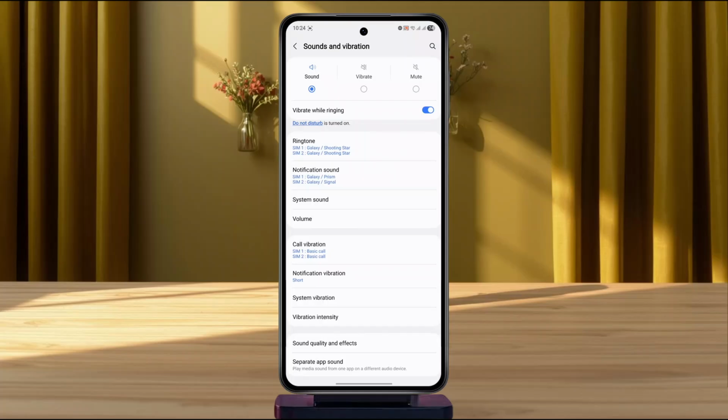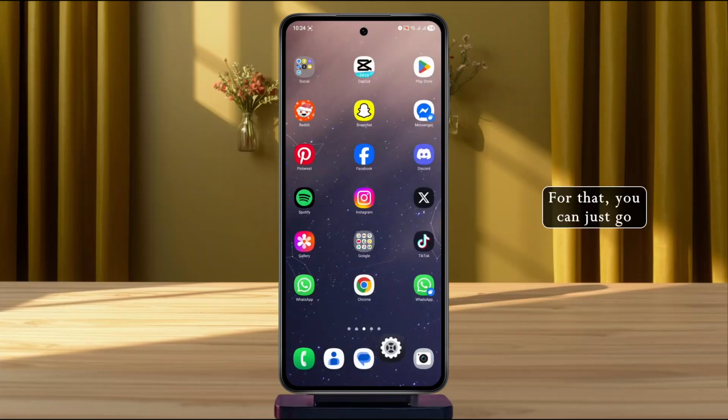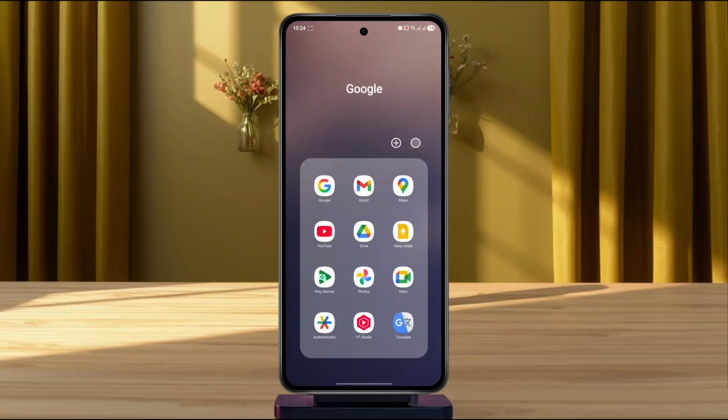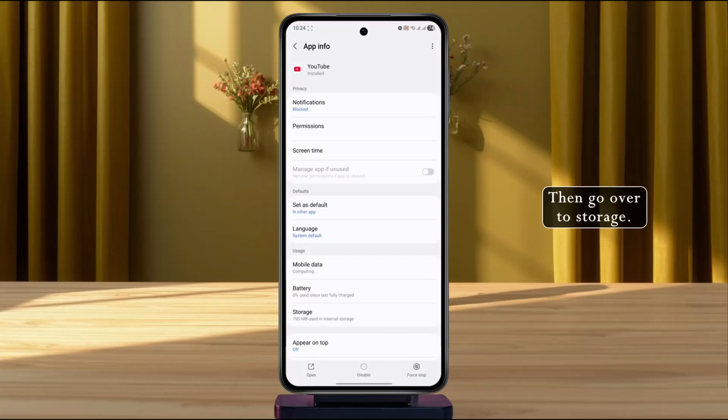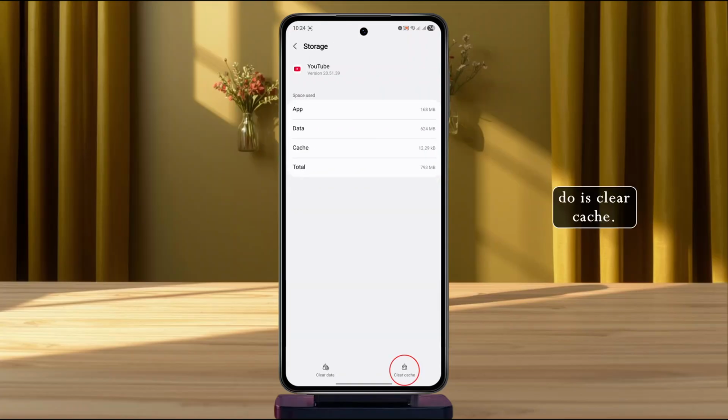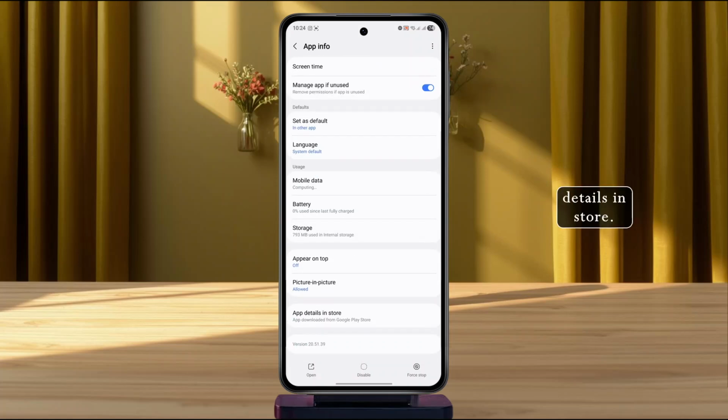Once that is done, you can also check for updates on YouTube. For that, you can just go ahead and long press on YouTube, tap on the I button, then go over to storage. Now all you have to do is clear cache, scroll down, tap on app details in store,